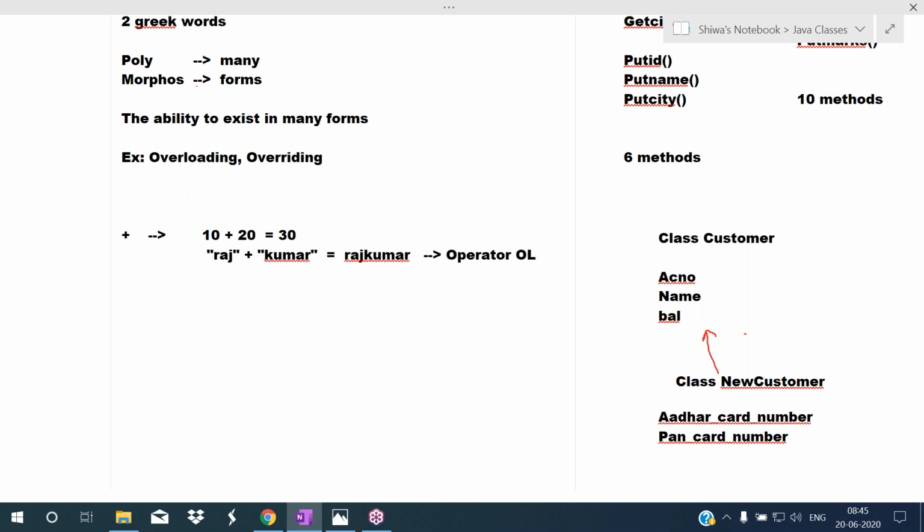This is operator overloading. Like that, see, for example, gold is there.